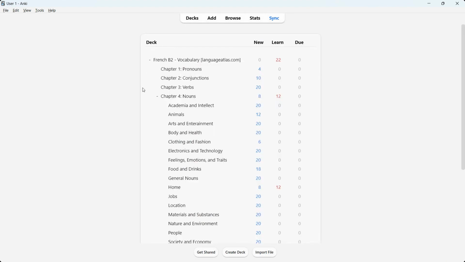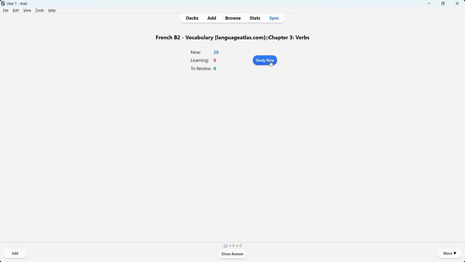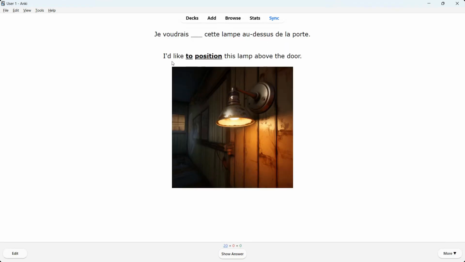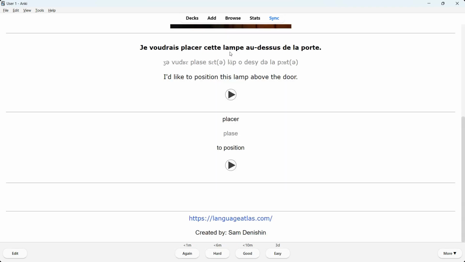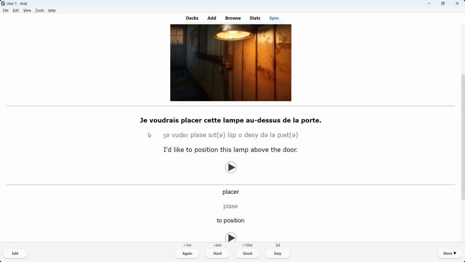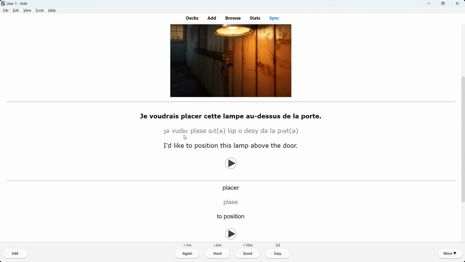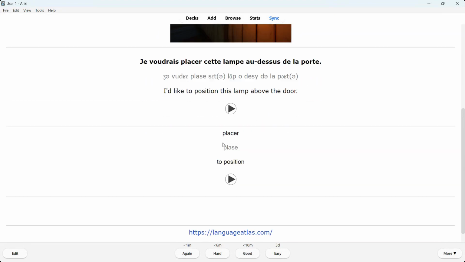So, I would like to go to the third deck, which is chapter 3 verbs. I'll click on study now. And this is what we see. I like to position this lamp above the door. How do you say to position? Je voudrais placer cette lampe au-dessus de la porte. Placer. So, what's interesting about verb cards is that, again, we have the sentence area and we have the verb